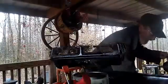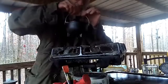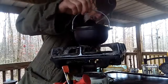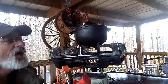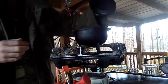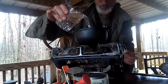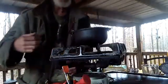Alrighty, everything safe and secure? Yes. Alright, let's move this chair out the way. Let's get a little pot set up where it won't fall and fall over. There we go. That looks like it's centered. It ain't quite even. Dadgummit. Alright, now. Oh yeah. In comes the water. Should be enough. Now,